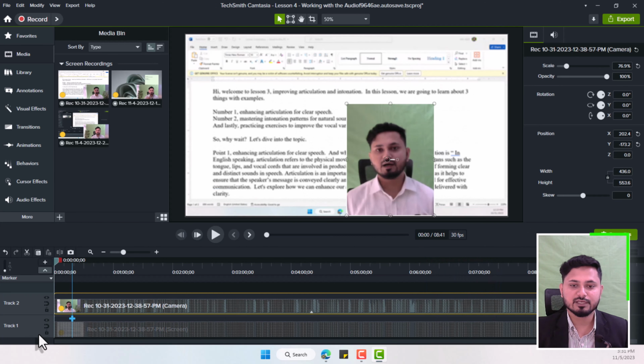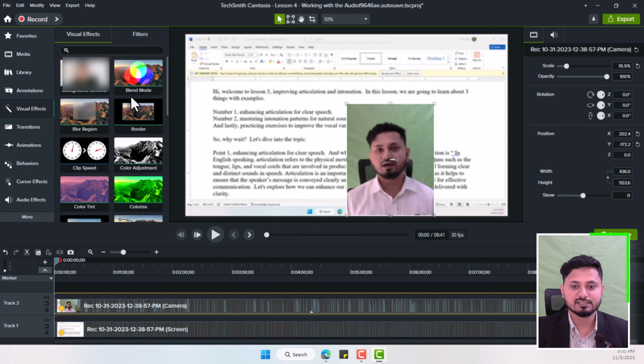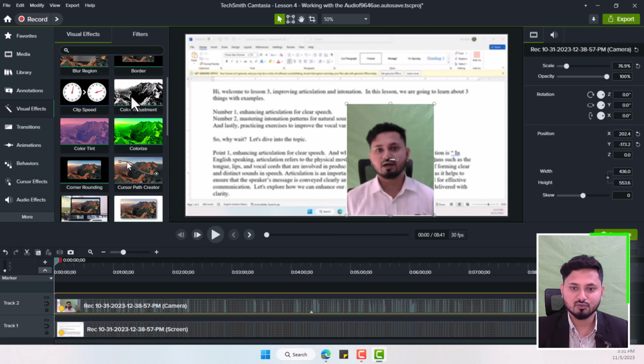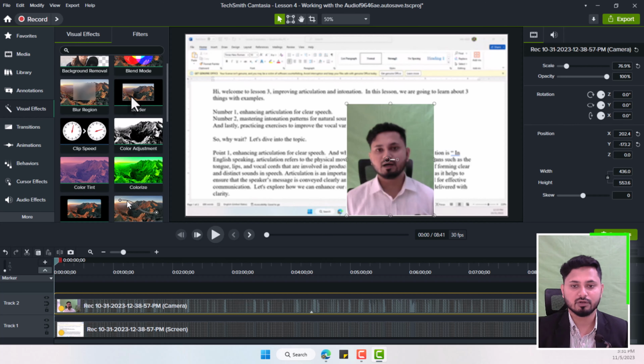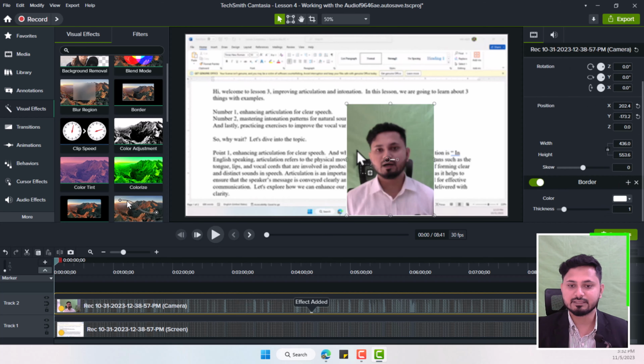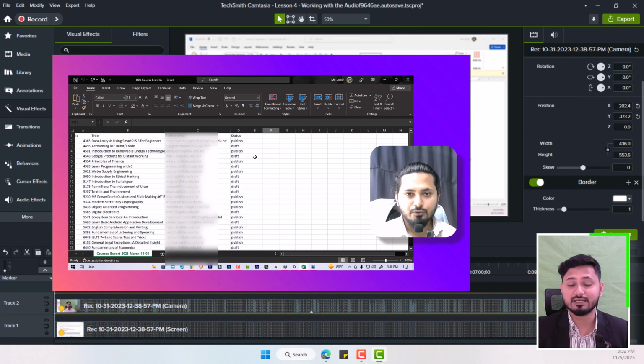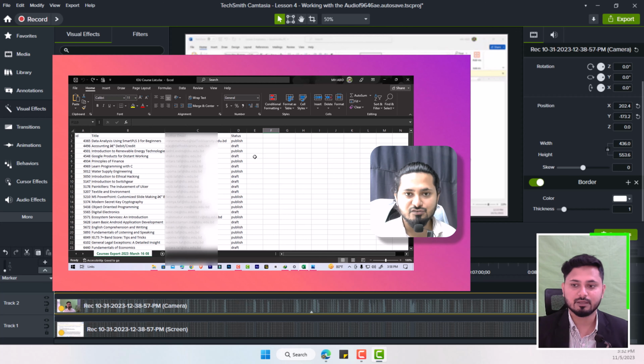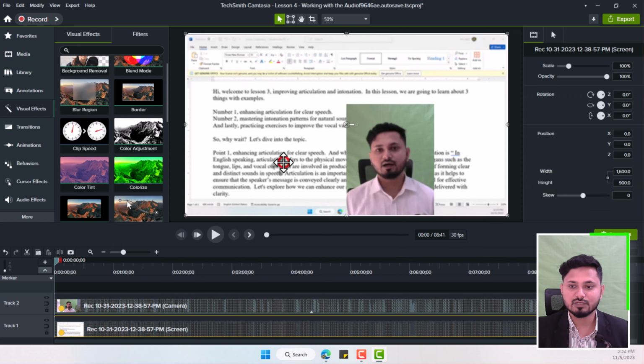In the next phase, I'm going to select the visual effect. In the visual effect option, you can see there are so many options. I'm going to create a border around me. You can see the border option. So it's simply added, or if you want to make it more interactive, like Ali Abdaal or other content creators do, with the round shape around your facecam video, if you want to apply that, you can also